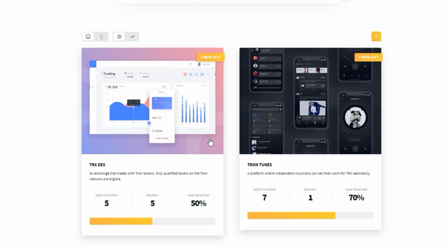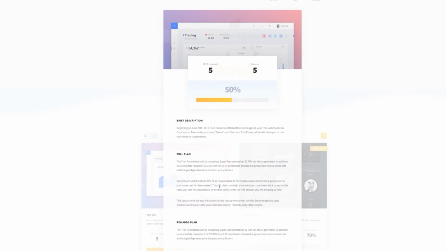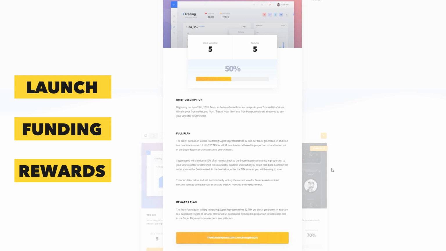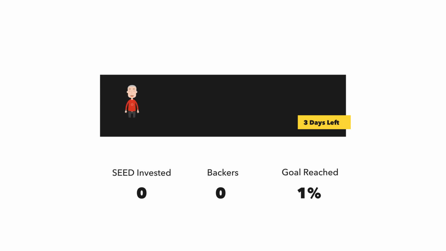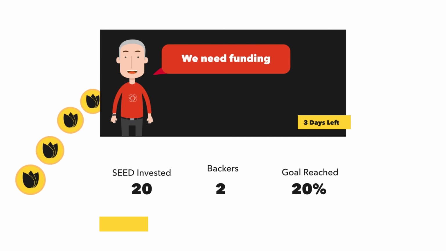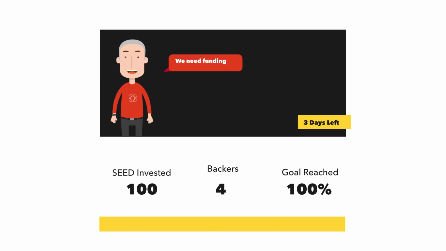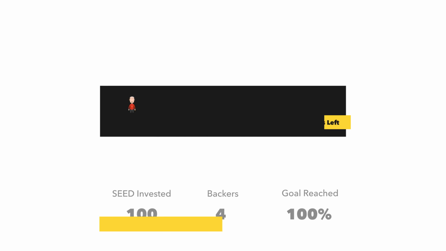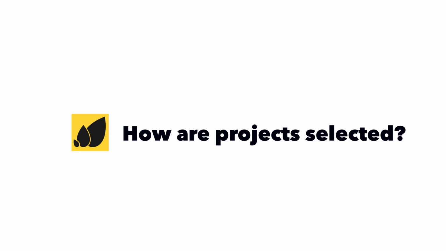On Seed Germinator, you can visit open and eligible projects to view project details, including launch schedule, funding requirements, and community rewards. Projects will accept seed tokens for investment. When contributions to a project are made, information is maintained live by monitoring the deposit address on the Tron blockchain, displaying up-to-date funding information.